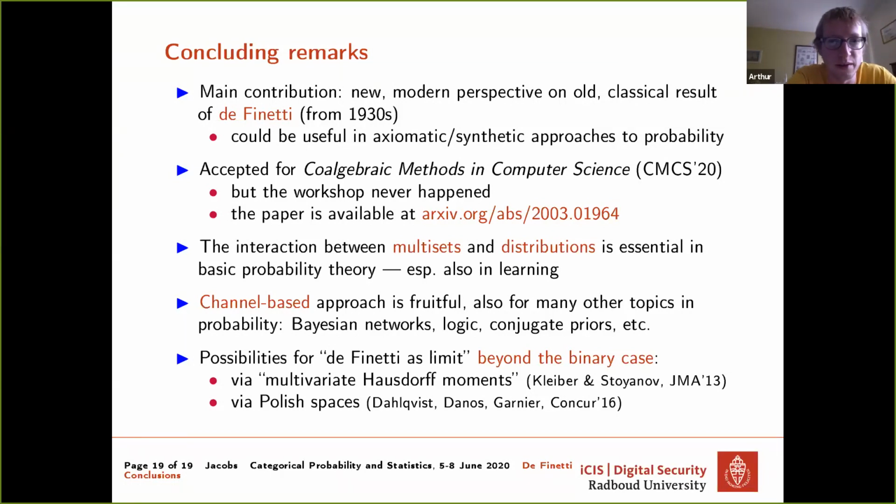I might as well start because I actually had a question about the very last thing you mentioned, the multivariate Hausdorff moments. In the diagram you gave, you described how D of X was actually a cone for the diagram. And then you showed, well, when X is 2, then D of X is the interval. So then that cone is actually a limit. I was immediately curious what happens when X is 3 or something like that. I don't know too much about multivariate Hausdorff moments, but is that exactly the question you're referring to? When X is larger than 2, you don't know what happens?